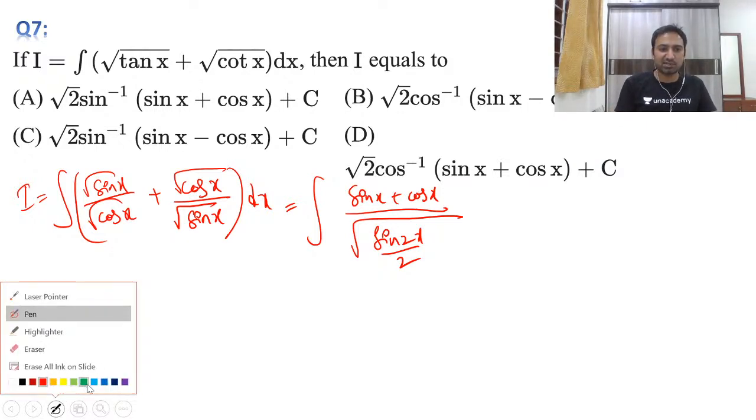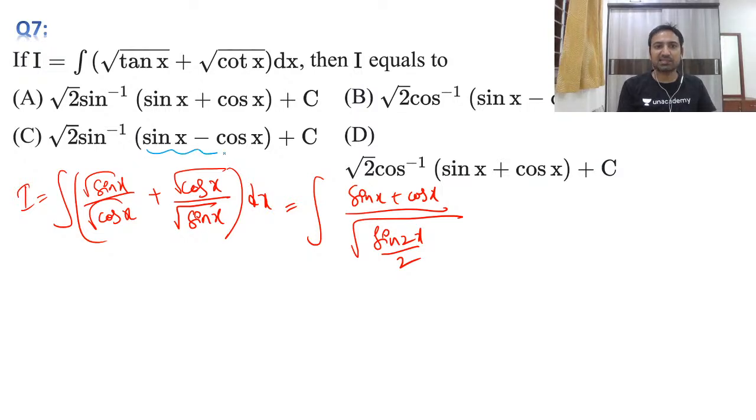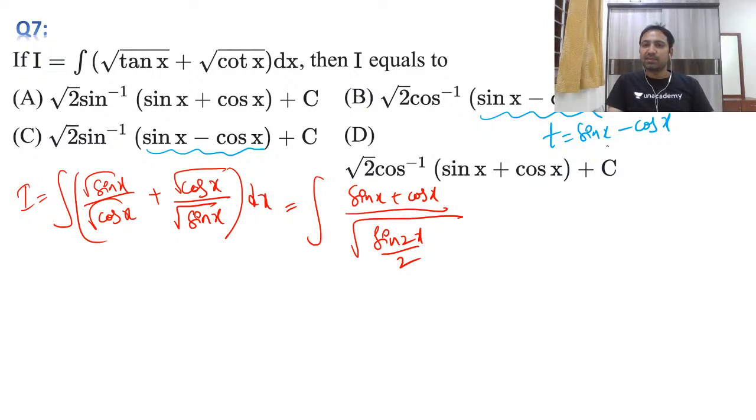See here, sin x minus cos x differentiation. Suppose I take t equals sin x minus cos x. Then dt becomes cos x plus sin x, I get it. That is already there in the numerator, guys. So this whole thing becomes